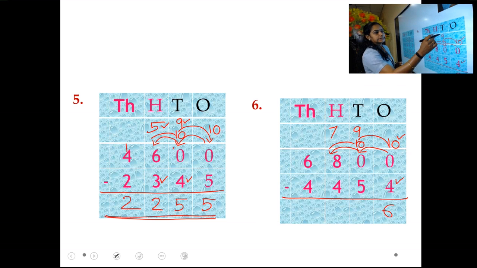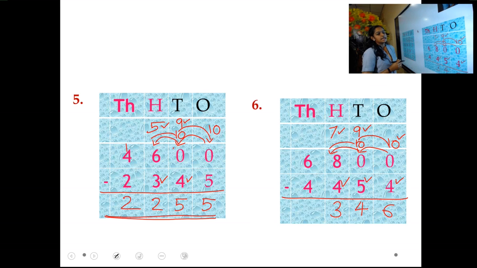Then move to the tens place, 9 and 5 are the numbers. New number is 9. 9 in mind, 5 in hand, 9 before, 8, 7, 6, 5, 4. Write down in tens place. Then move to the 100 place. 7 and 4 are the numbers. 7 in mind, 4 in hand. 7 before, 6, 5, 4, 3. Write down in 100 place.